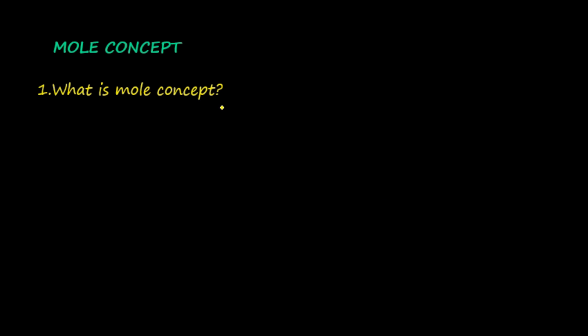What is mole concept? In order to understand mole concept, let us recall a few facts. The unit of atomic mass is U. It is 1/12 of a carbon atom. You have already learnt that. U stands for unified atomic mass. That is the unit and this is the symbol. Molecular mass is calculated using the atomic mass of atoms present in the molecule. So the unit of molecular mass also is U.